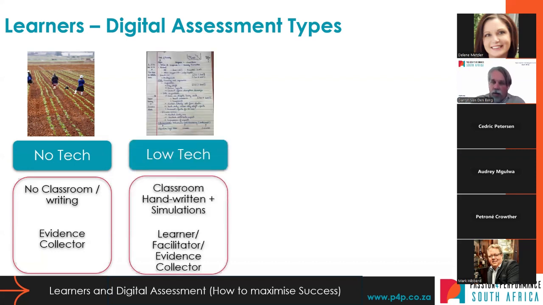You then have a low-tech environment, which is a classroom, a lot of handwritten, a lot of simulations. You've got your learners, facilitators, and evidence collectors helping. And it's very important that as you digitize assessment, just because your learner doesn't know how to use it at the onset, with a good digital onboarding, they can still handwrite text if you want them to. And they can learn how to get that into the e-portfolio folder. Helps a lot with formative and summative assessments. So your facilitator can focus on facilitating and your assessor can focus on assessing. But ultimately, your learners are getting feedback, immediate feedback, consistent feedback, and that keeps them very interested in the process.